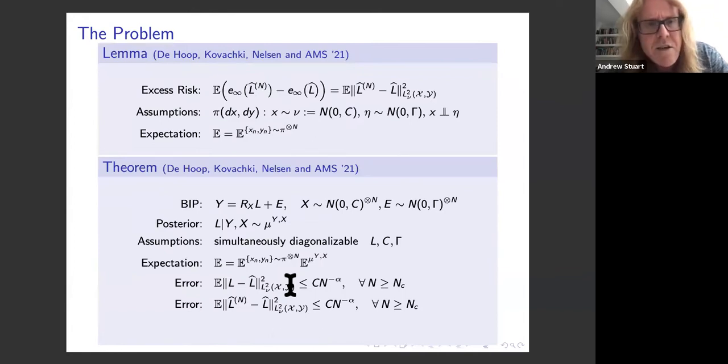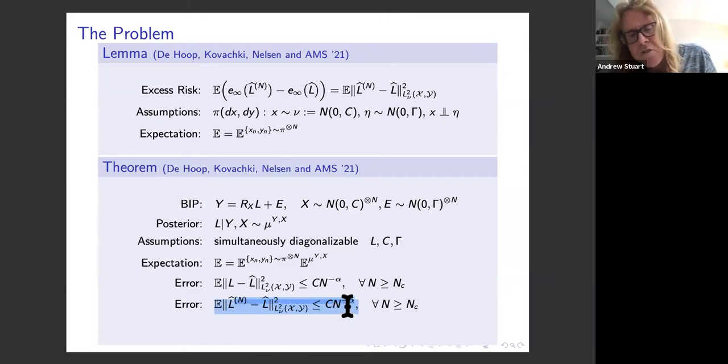We express this in terms of learning theory, and our key results estimate, if you like, the minimizer of the empirical risk. Let's just concentrate on this error bound. We study the error in the minimizer of the empirical risk compared with the minimizer of the risk, which in this case is the truth, L hat. So this is the estimate computed from the data. And we get convergence rates, and for the most part, we have lower bounds as well. So the convergence rates are sharp.